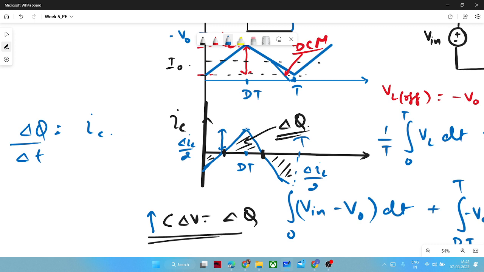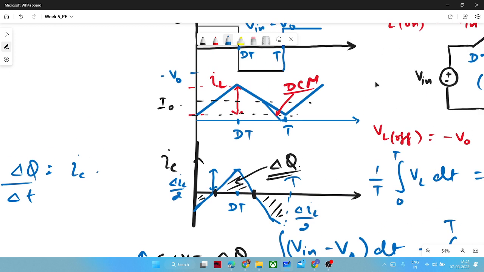So this delta IL by 2, if you compute area, that will be delta IL by 2, and if your charging and discharging have the similar slope, in that case, this time stamp would be generally d by 2 into t, and here dt and t. So let me compute t minus dt divided by 2. So 1 minus d by,